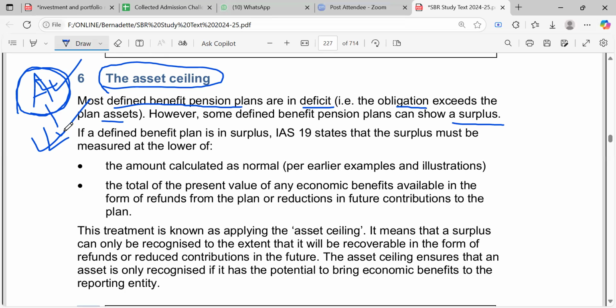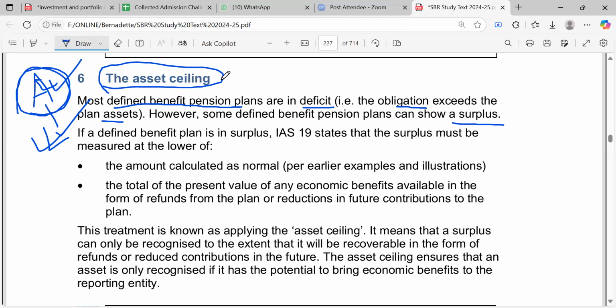That's what we call contribution holidays. Yes. So just like when the liabilities are so much, the company has to compensate, it is also when the assets are so much, the company can be given the contribution holiday. So meaning that they can be temporarily exempted from contributing into the plan, right? Yes. So you can see the fact that you can have the contribution holidays goes to show you that if you have a certain figure of assets and maybe the liabilities are not that much, you could be told don't pay.